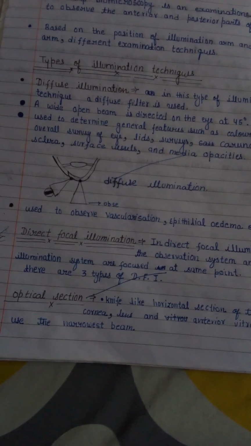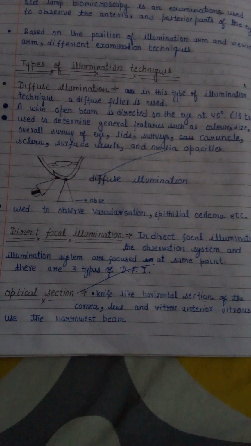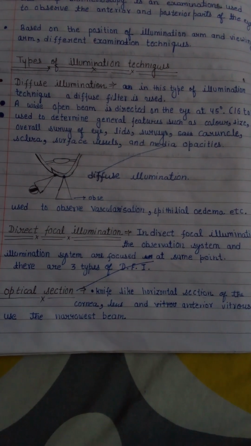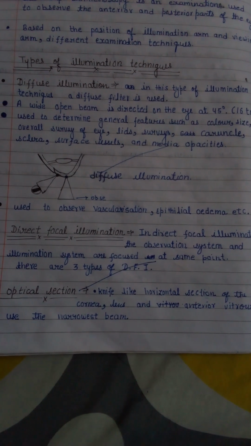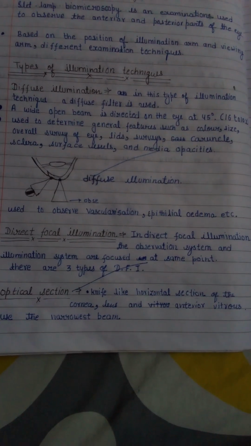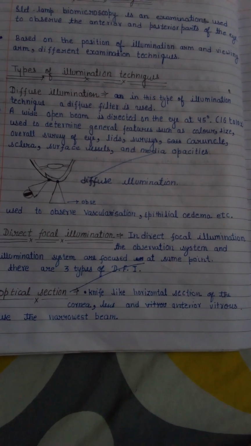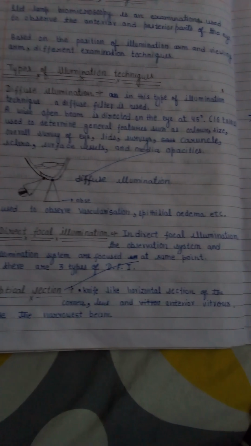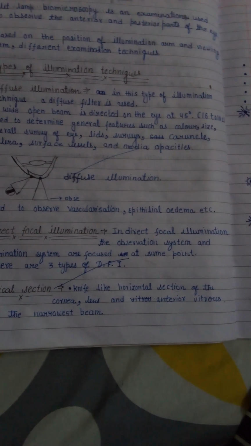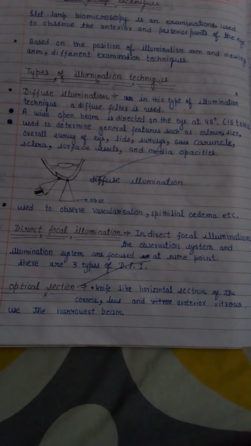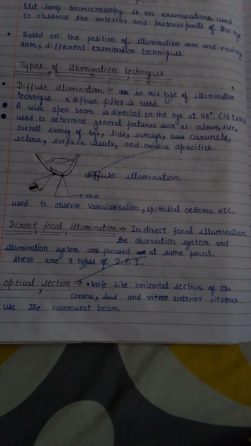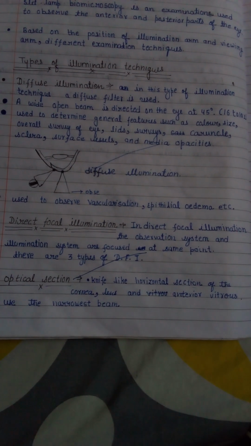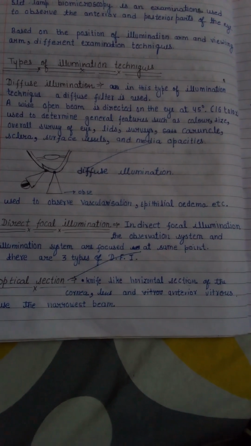The first is diffuse illumination. In this type of illumination technique, a diffuse filter is used. Diffuse illumination is a part of direct illumination in which a diffuse filter is used. A wide open beam is directed onto the eye at an angle of 45 degrees and the magnification is 6 to 10x. So in this technique we use a wide open beam that is directed onto the eye from the angle of 45 degrees,